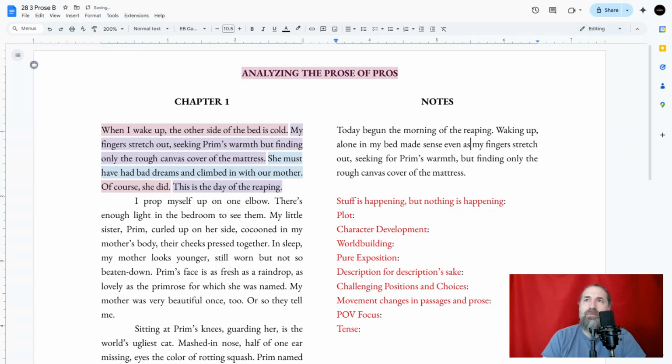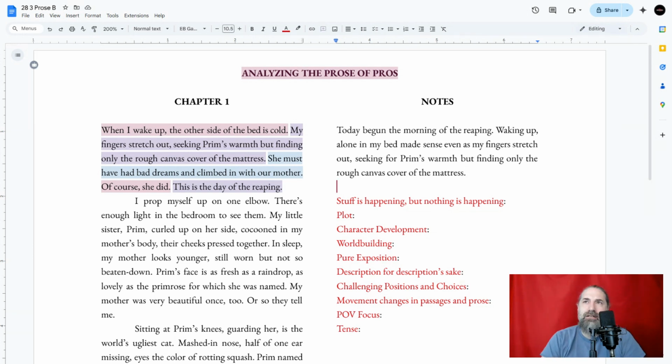Even as my fingers stretch out, seeking for Prim's warmth, but finding nothing. She's not there. Okay, but finding only the rough canvas. So it could have started out today, begun the morning of the reaping, but the reason it doesn't is